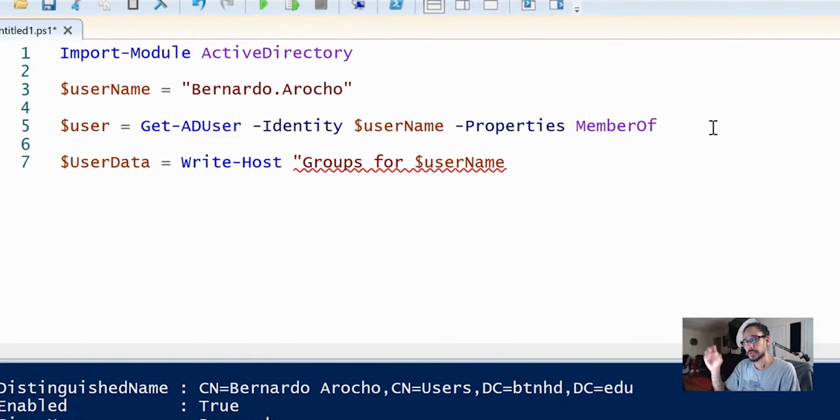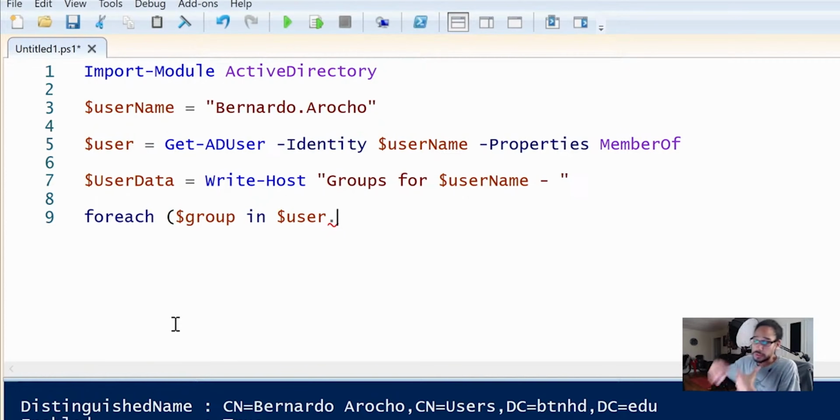That's when we are going to do the foreach loop. So again, we're getting a little fancy with this. I'm going to do a hyphen and a space and we're going to close it. So we just created the foreach loop. We declared a variable called $group in $user, and I put a period. The reason why I'm putting a period is because, on line number 5, we grab the content of the properties of the particular user.